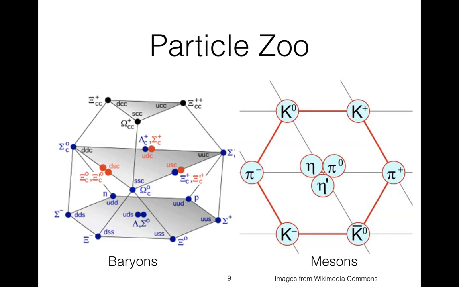But then if you start to include charm, you get an even bigger zoo, right? So the vertical axis is adding more and more charm quarks to these baryons. And then if you wanted to include bottom, let alone top, you'd need more than 3 axes. So people don't even really try and plot those. But all those combinations of things can be put into what we call the quark model, right? It's either combinations of 3 quarks and it's a baryon, or combinations of a quark and an antiquark and it's a meson.